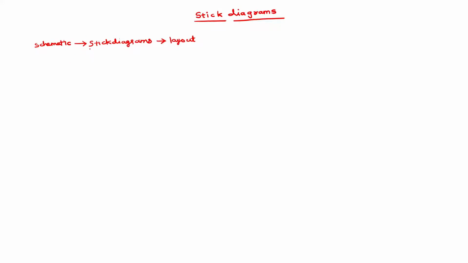But our intention is to learn stick diagrams. We are already familiar with schematics. We can draw any given network with the help of a pull up and pull down network using CMOS. Now our intention is to learn about stick diagrams, and later we can go for layouts. Layout follows some design rules, like lambda based design rules, or 1.2 micrometer design rules, or 2 micrometer design rules. That will be our next part, but we will concentrate on stick diagrams.